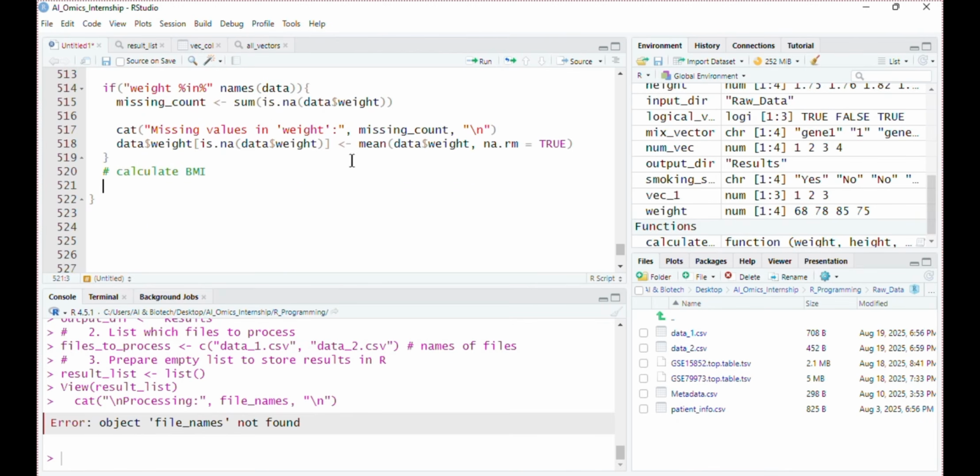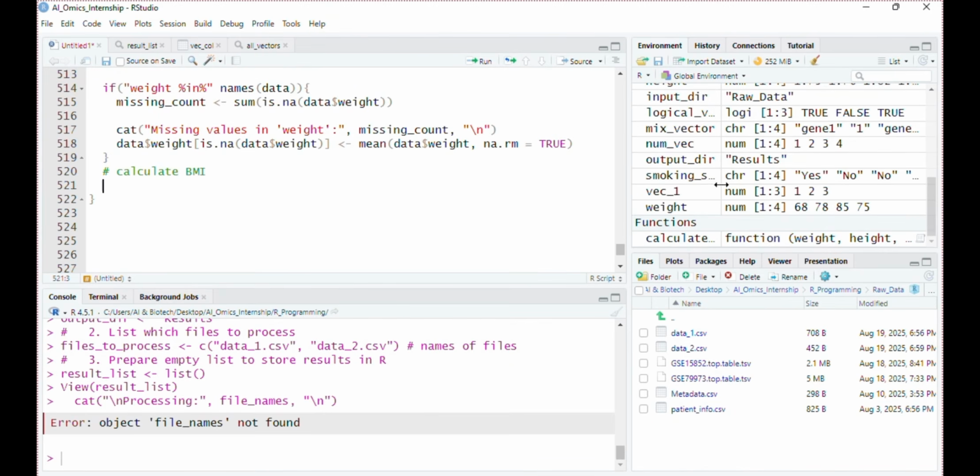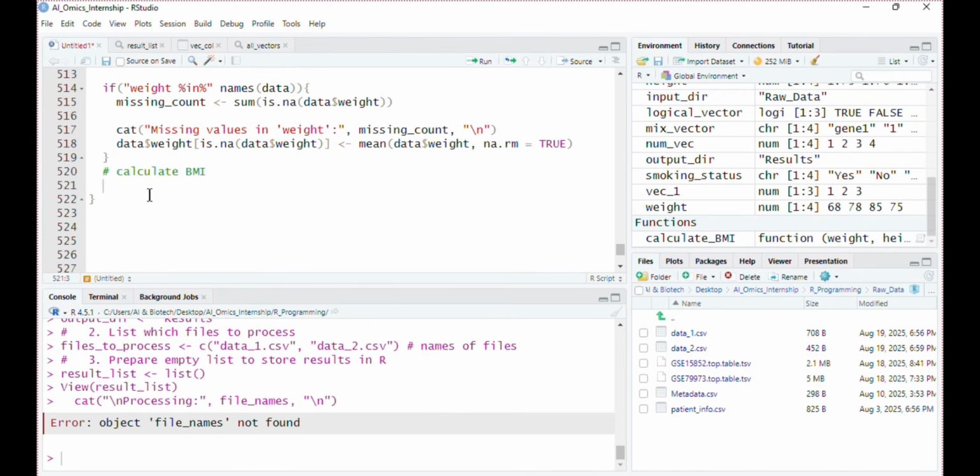To calculate BMI, I don't need to mention the entire equation again. I already created this BMI calculate function. So I will use that function inside the loop, like data into BMI. It will create a BMI column in my data, like in data 1 or data 2. Then I call the function that will